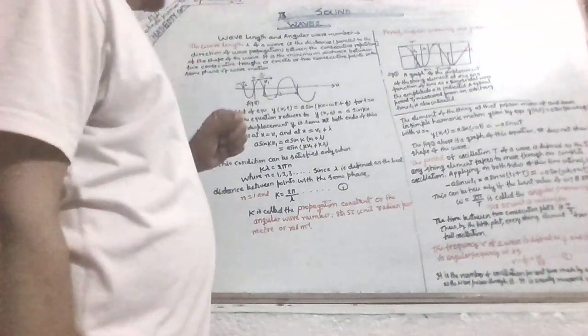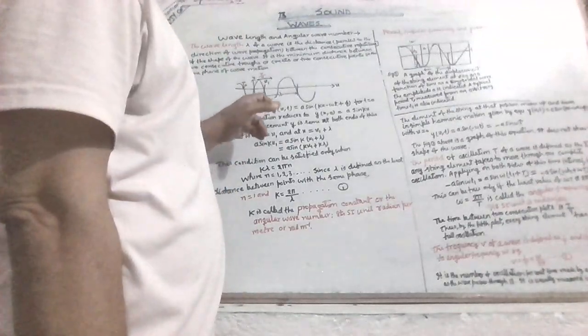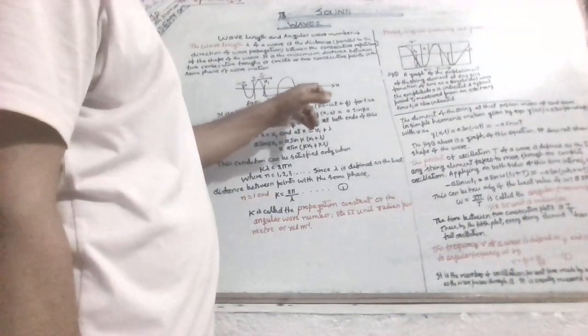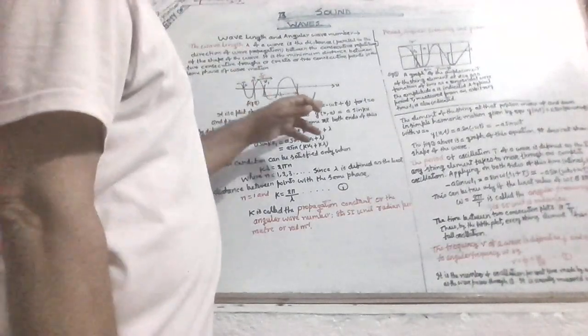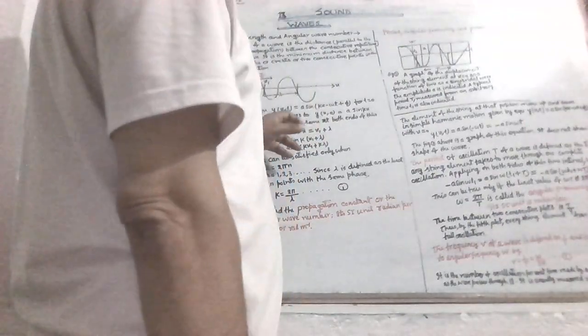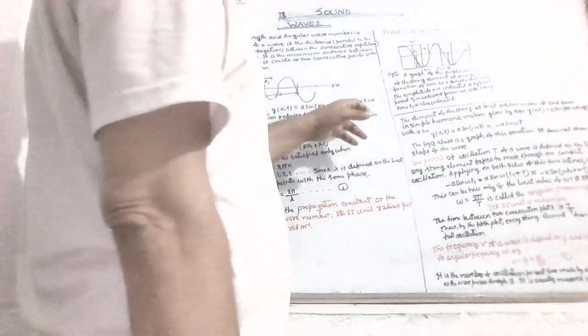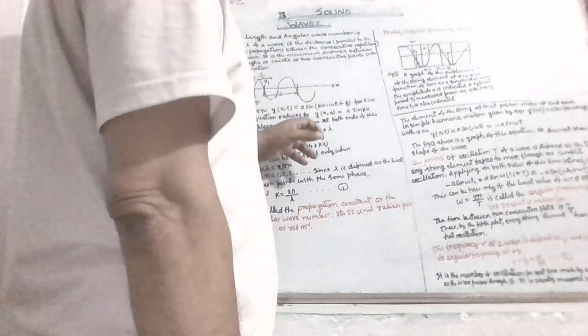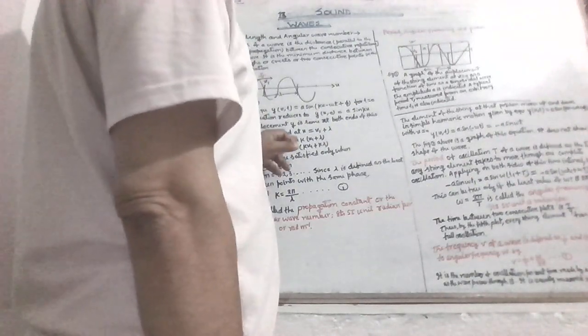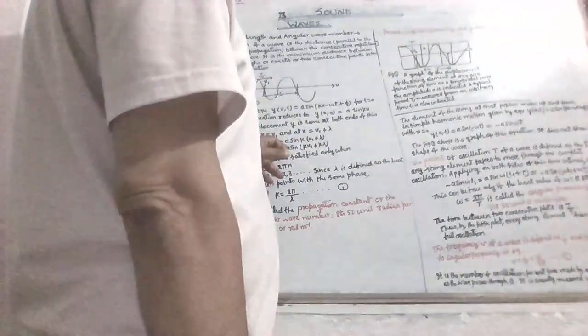As shown in figure 1, it is a plot of the equation y = a sin(kx - omega t + phi) for t = 0 and phi = 0. The equation reduces to y = a sin kx. By definition, the displacement y is the same at both ends of this wavelength, that is at x = x1 and x = x1 + lambda. So a sin kx1 = a sin k(x1 + lambda) = a sin(kx1 + k lambda).